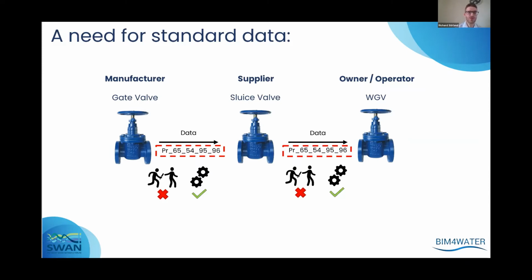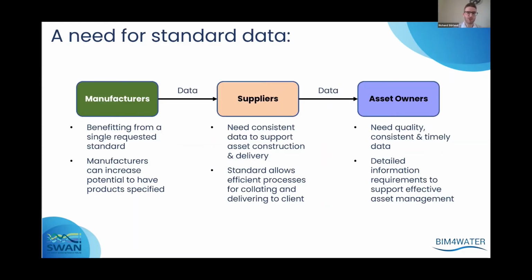So we need a common standard way to exchange data, ideally enabling us to automate how data goes from a system at the manufacturer end of the supply chain all the way through to the other end into the asset owner systems. So on the slide, I've represented in the red dashed boxes a common classification code. If we've got agreed common classifications, common properties that allow us to exchange data effectively, accurately, and efficiently, then we're really going to be benefiting in the industry. So if we have this standard approach to exchange of data, as I say, everyone will benefit.